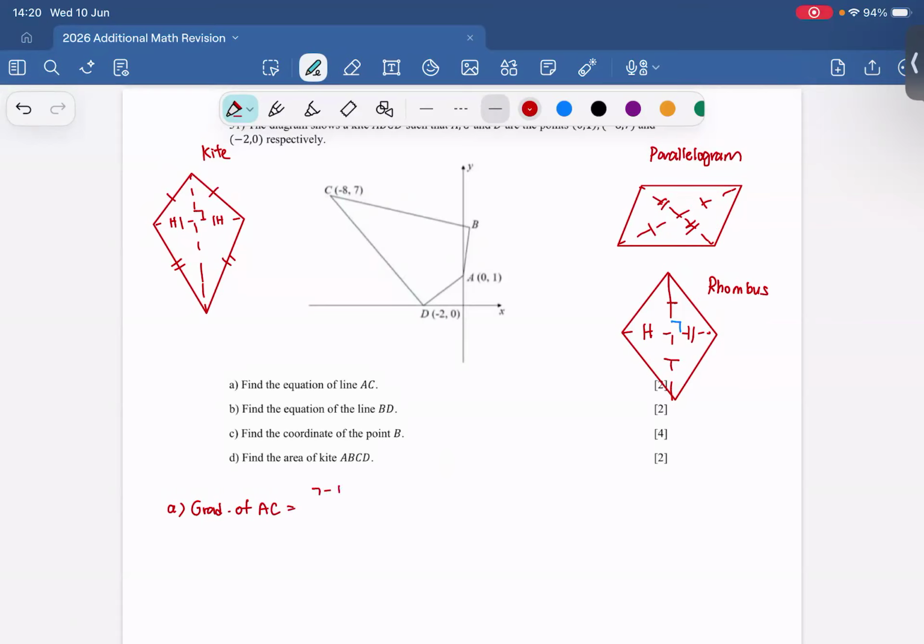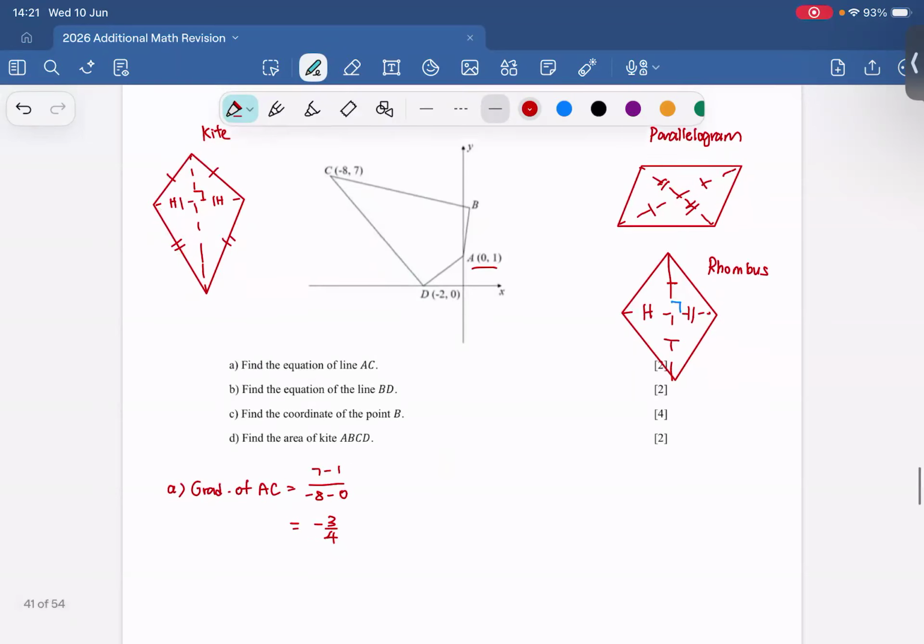Y2 minus Y1 over X2 minus X1. You get 6 over negative 8, negative 3/4. Okay, for those who can see, you can actually see the y-intercept is (0, 1). You can straight away write down the equation of AC already. But for those who are still not very good at it,